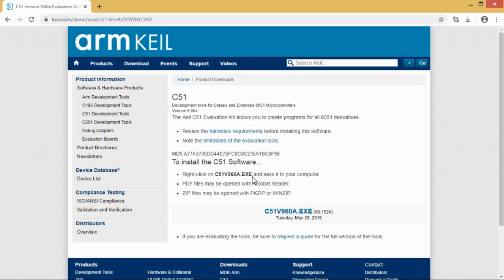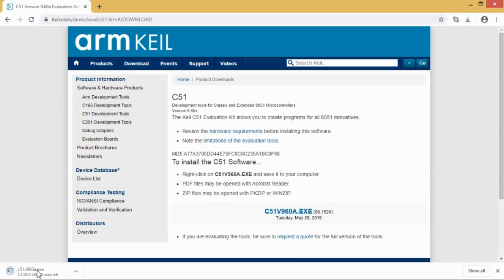This is the download page actually. From this page you have to download C51v960a.exe. After clicking on this the download will get started. Here the download is happening. After downloading this exe, you will have to run it.